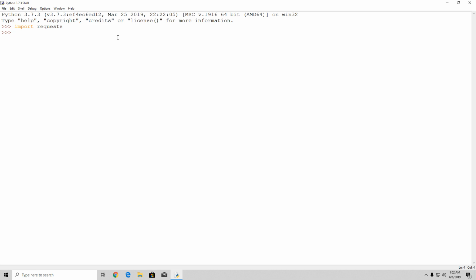Okay, so right now, in order to actually create a session, we need to create a variable. For example, let's call it s. The variable s will be equal to requests.Session. Now the S is capital in Session, so make sure to write it correctly. And right now we are going to perform the get request to the same actual page that we did before, which is httpbin.org. Okay, so in order to do that, we can simply type s.get, and in between